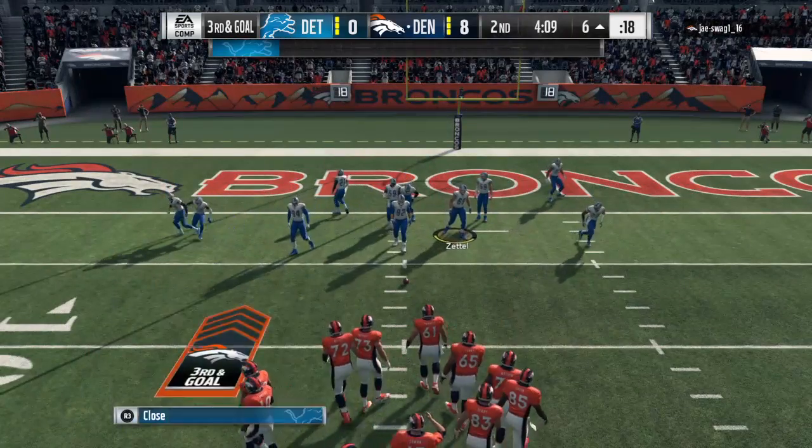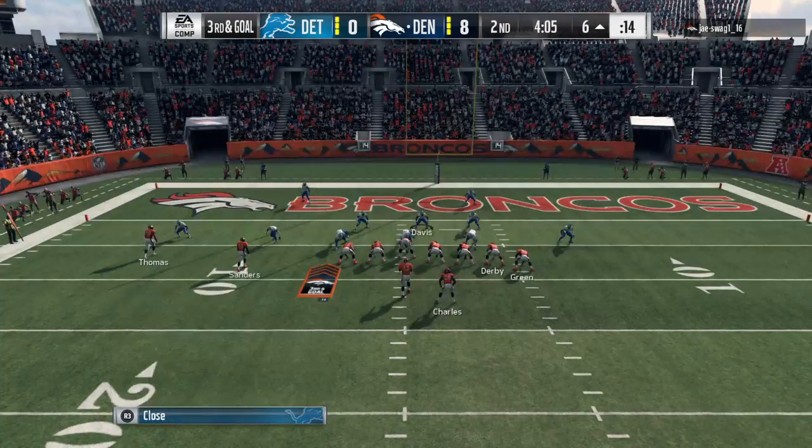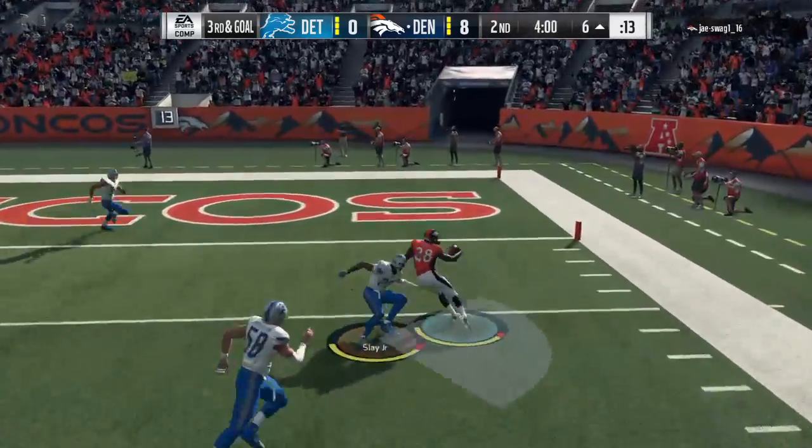Defensively, I think they can smell a stop. Ball right around the 5 here, brings up third. And I think what they've done is they put doubt in the minds of the offensive guys. What do we do? Because now you...